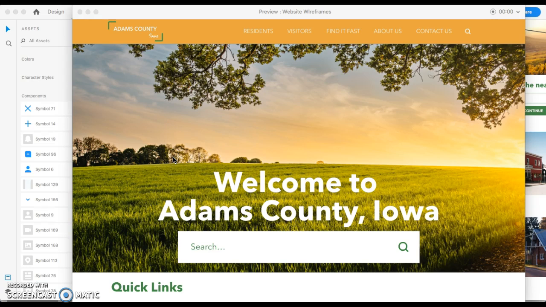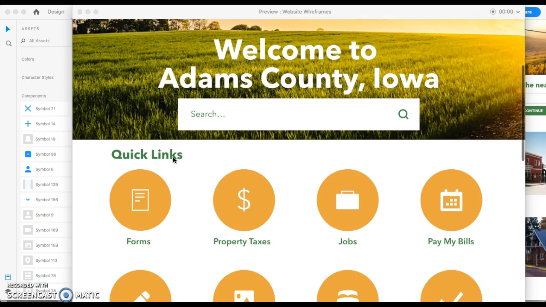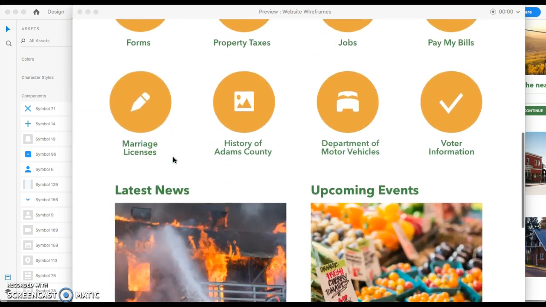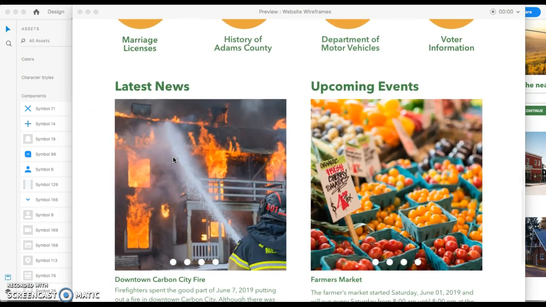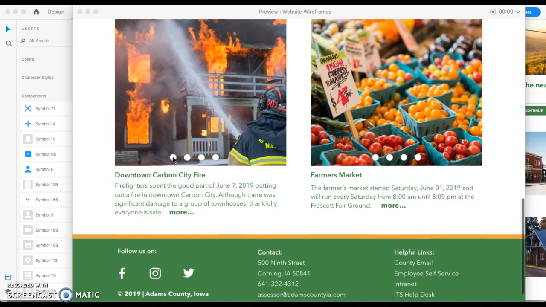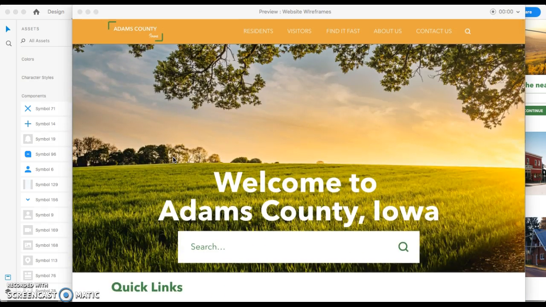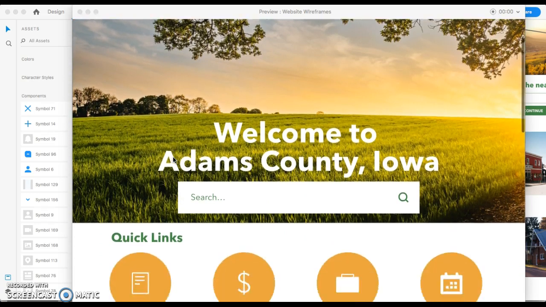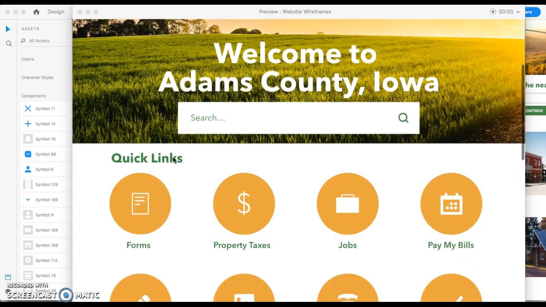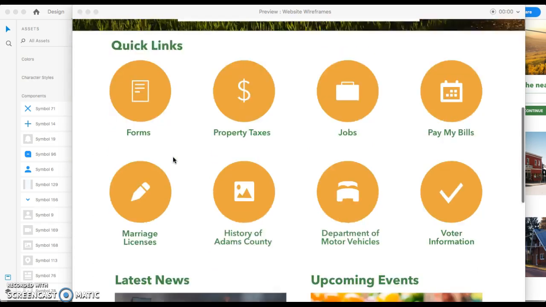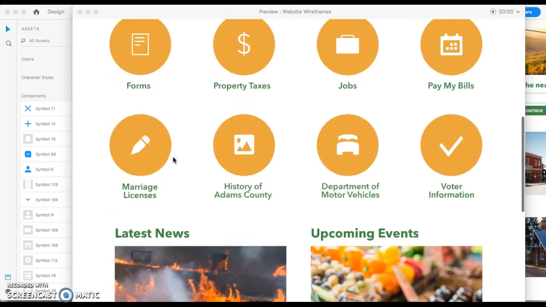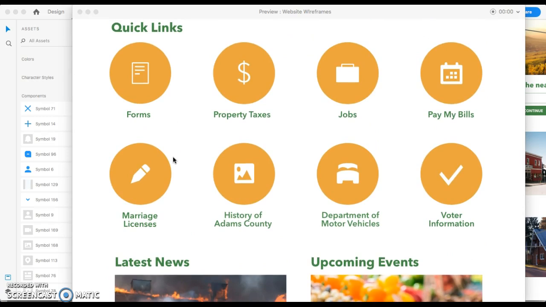So we have the landing page with quick links on it that will take you to where you need to go. There's some news and then a footer on there. Why this design is better is it's just a lot cleaner. There's only things that are important on the home page, and there's easy access to the most used links for